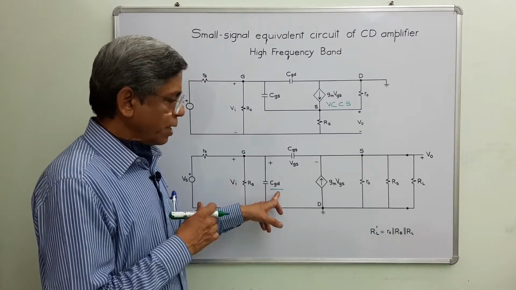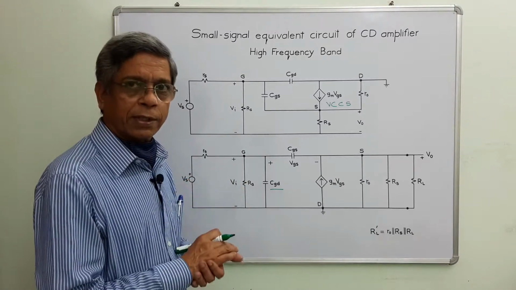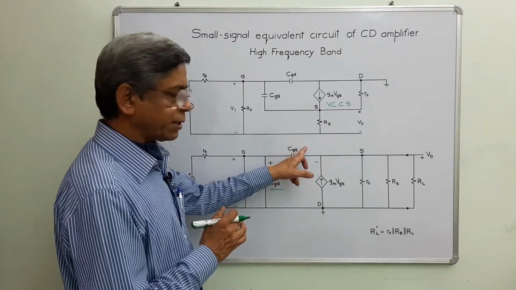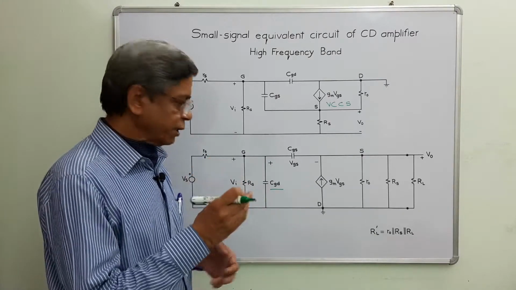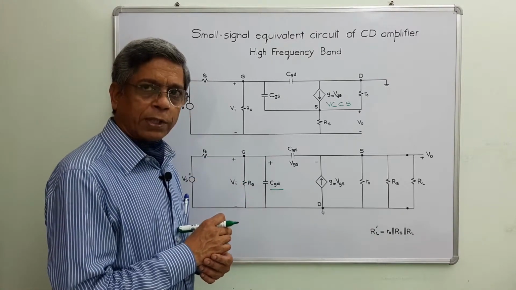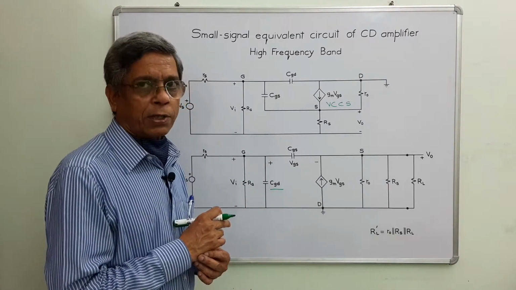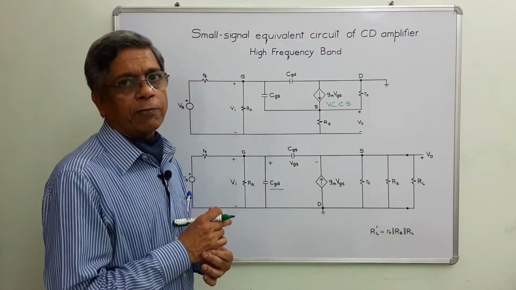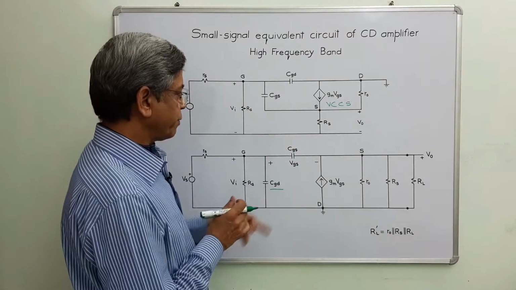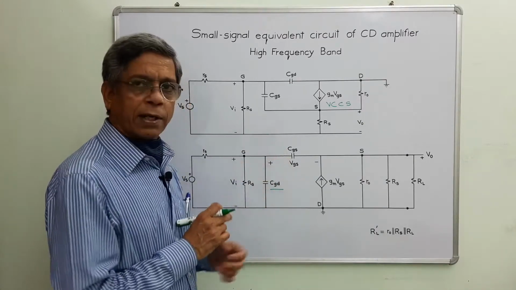Second step, now I have to repeat the process by interchanging the capacitor. I will select this capacitor and I will consider now this as an open circuit, or by putting the value of CGD equal to 0. In that case, this will behave as an open circuit. Now I will determine the resistance seen by CGS, or Thevenin equivalent resistance across the terminals of CGS. Then I will get the time constant for this circuit.